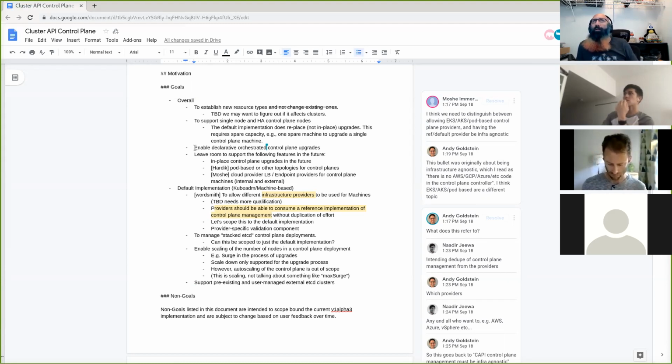Yep. So I think there are two ways that we can approach that. One, we can build just a generic control plane concept, and the other is that we can basically modify the existing cluster object today to provide that point of pluggability. And